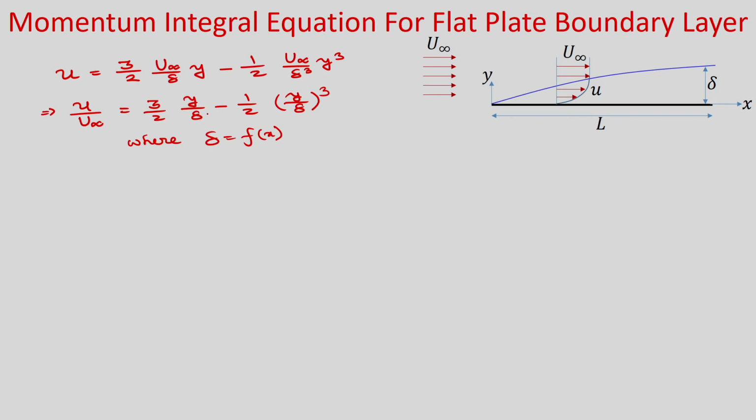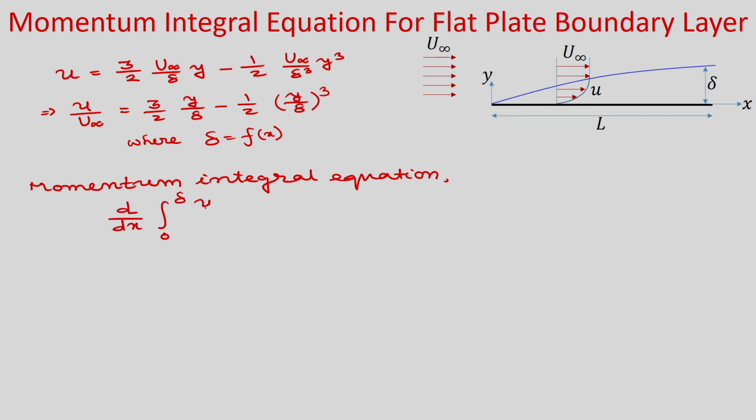So, we have the momentum integral equation we have already derived. d of dx integral 0 to delta u by u infinity 1 minus u by u infinity dy is equal to tau w by rho u infinity square, and we have this velocity profile, okay, and we can write this velocity profile u by u infinity in terms of